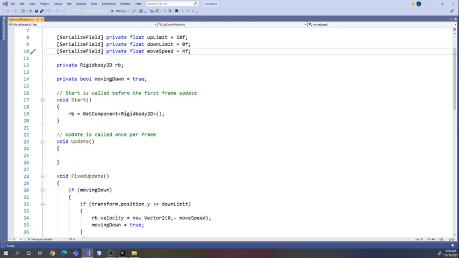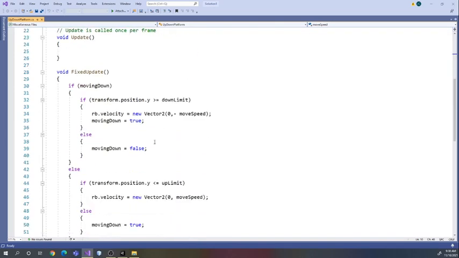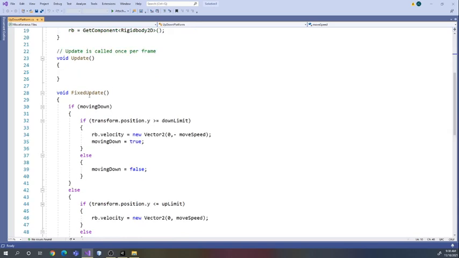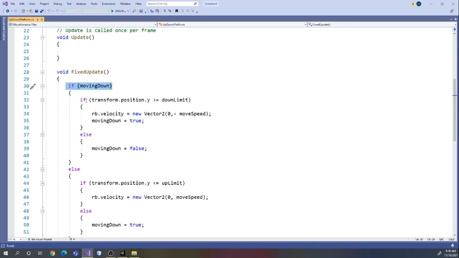So we're going to create a bool called moving down, and we're going to set it to be true. That means it's going to start moving down. Again, because we're moving a rigid body, you want it in FixedUpdate. So in FixedUpdate, we want to say if the platform is moving down, and if the